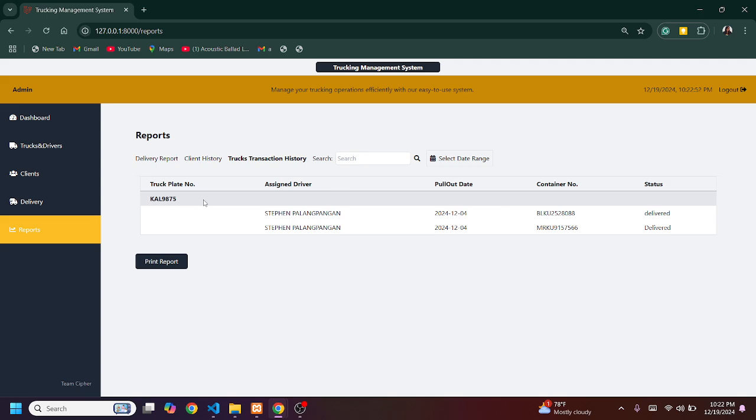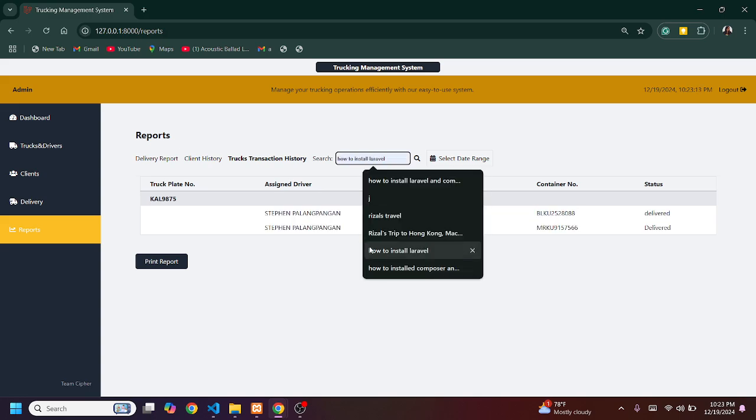It will have the plate number CAL 9875. So all the following deliveries made by that specific truck plate number will also be rendered in this table. And you can have the print report as well as the search functionality.